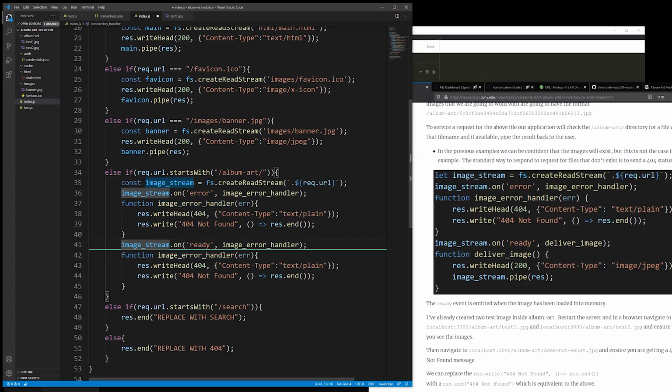So with image stream.onReady, we've loaded data and we're going to send it to deliver image. We're going to call it a function deliver image. And this one will not have an error. We're going to write a 200 OK and a content type image/JPEG. And then for this one, because this one is an image,